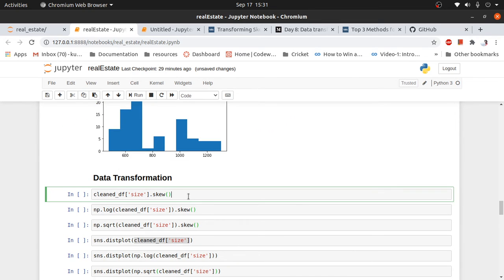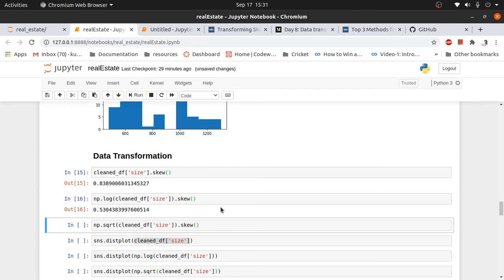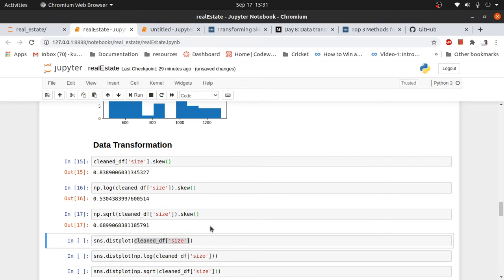I tried a bunch of transformations also. First I checked the skewness, and then I transformed the data set. I took the log of this size variable. After transforming, the skewness reduced from 0.83 to 0.53, and by taking the square root of the data set, the skewness also decreased, but log is better than the square root, and obviously better than no transformation.